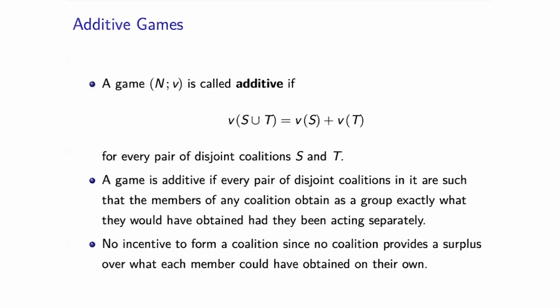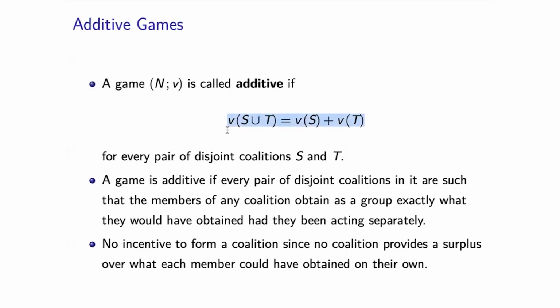Okay, so let us now look at examples of various types of cooperative games. So the most trivial cooperative game that one can think of is what are known as additive games. So we are going to say that a game (N, V) is called additive if the following property holds true. So we have got here the property which says that the coalition function for two disjoint coalitions S and T